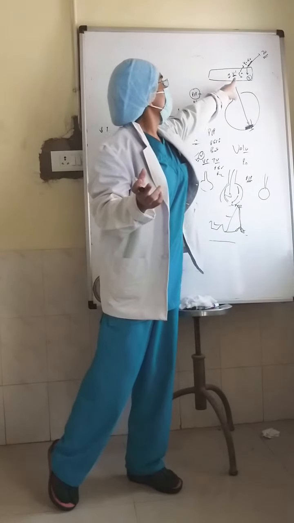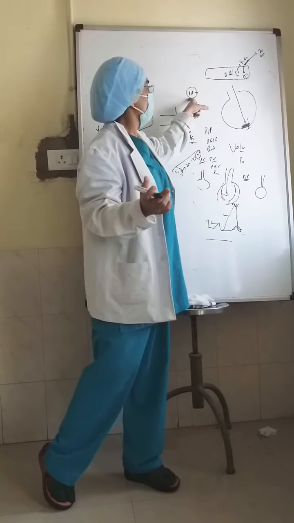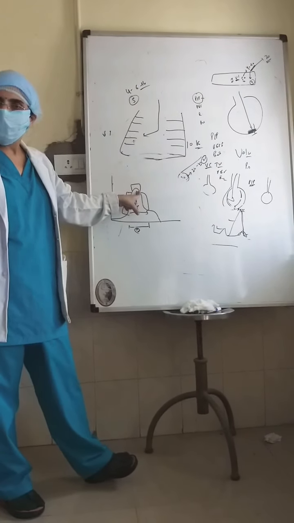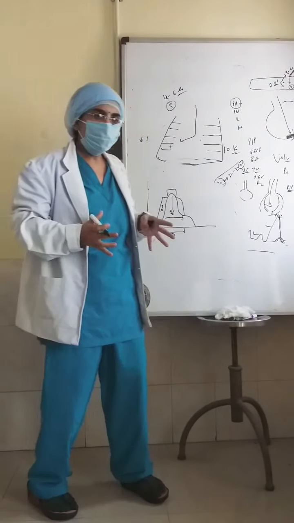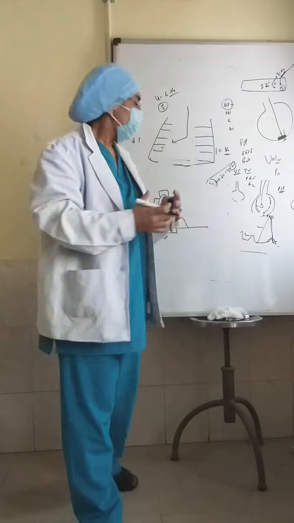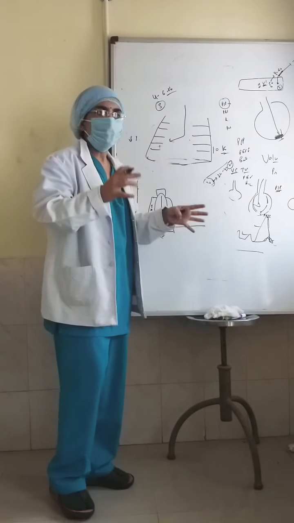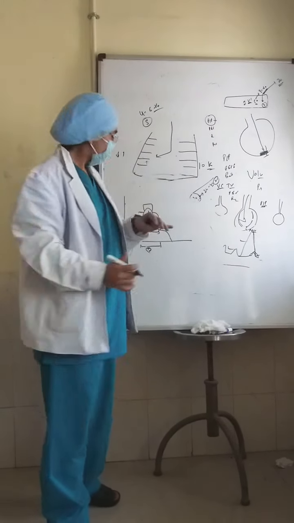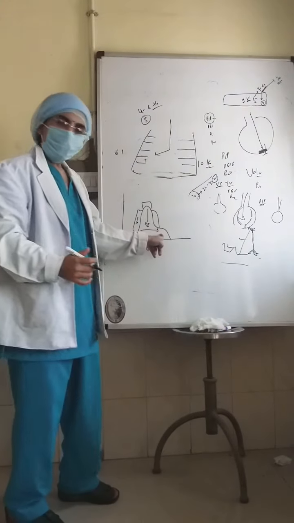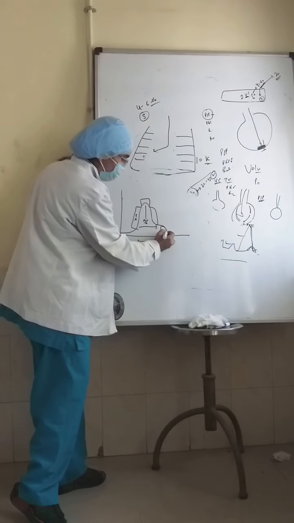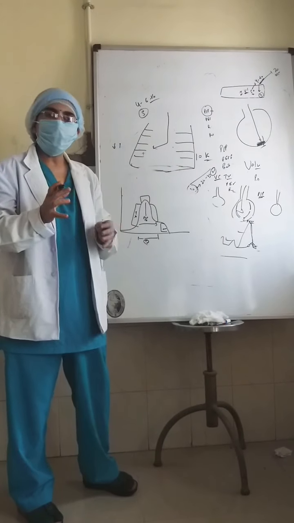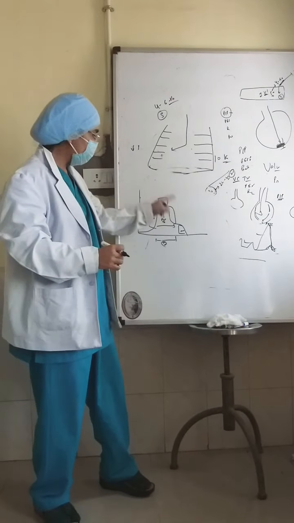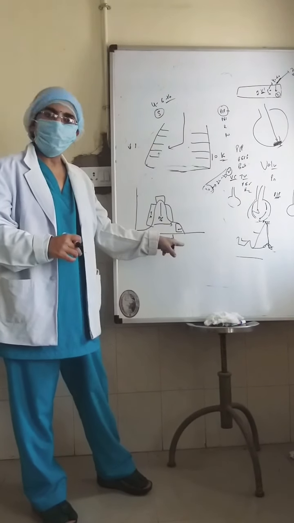So the tidal volume which we see on the monitor does not only depend on PIP, but it depends on your mean airway pressure. PIP is one thing which can increase your tidal volume: by giving more pressure, you can recruit more alveoli. Second, by increasing inspiratory time, you can open some other alveoli which were also dead or damaged. One more thing you can do is decrease the expiratory time. When you decrease the expiratory time, the CO2 retained in the lung will move out, and overall the area under the curve will improve, and MAP will also improve.